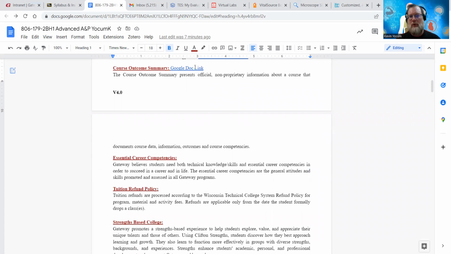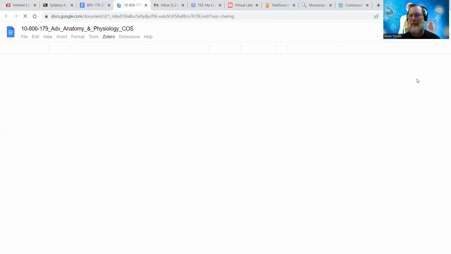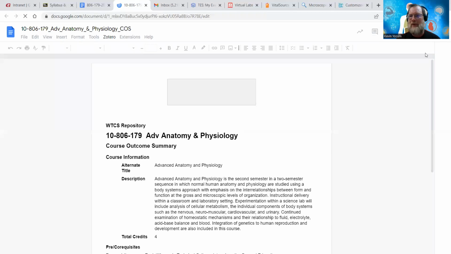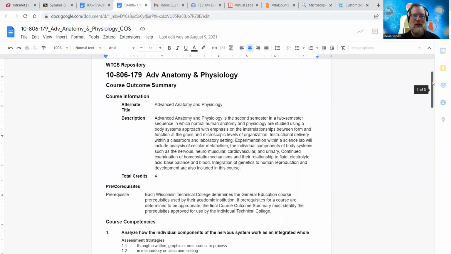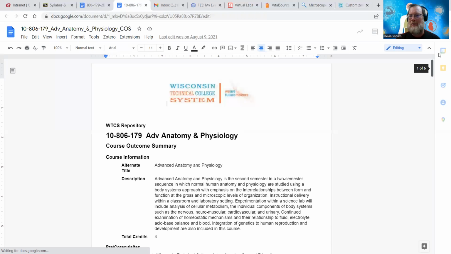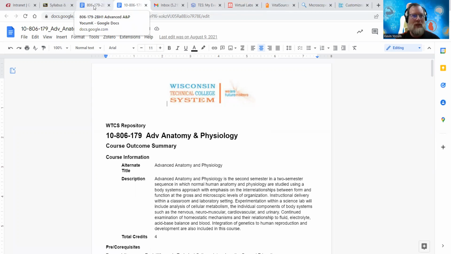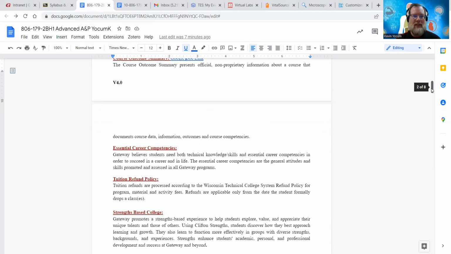The course outcome summary, that's the State of Wisconsin document that tells us what our objectives are, basically a breakdown of everything we do in this course. So if you do want to take a look at that, you certainly can. I'll open it up so you can see. Like I said to other groups, if you have a little late night insomnia and you're struggling falling to sleep, you can breeze through this. You may not get through the first couple competencies before you're fast asleep. Or you could count sheep. But that's the course outcome summary given to us by the State of Wisconsin.